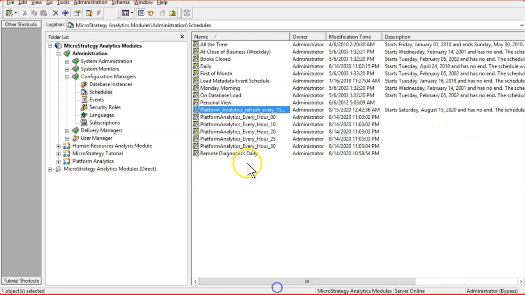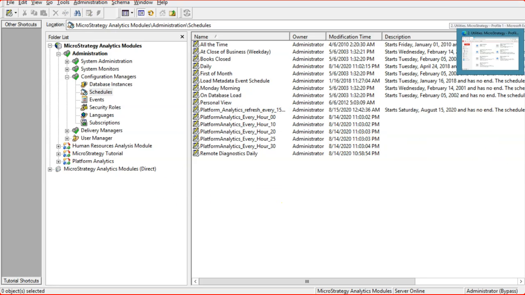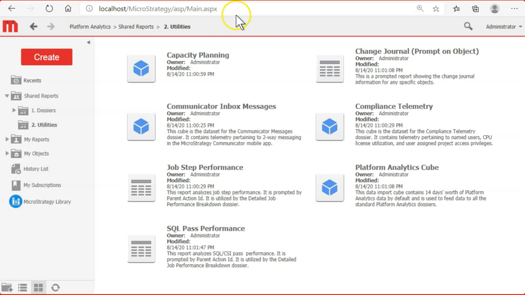That's how you can create a schedule trigger, and then I will show you how you can use it in your platform analytics project. So let's go to your management console. I'm already there. If you want to see it again, let me sign out, and I will show you how you can use it. It will take just a few seconds. Most probably it's going to time out.